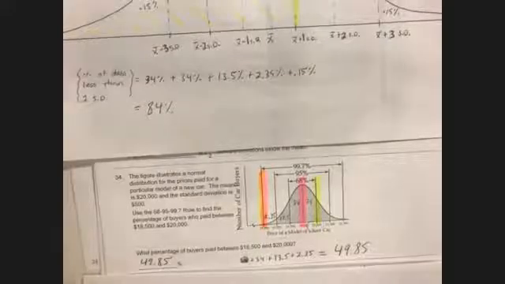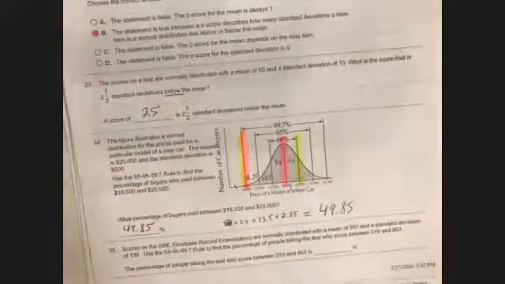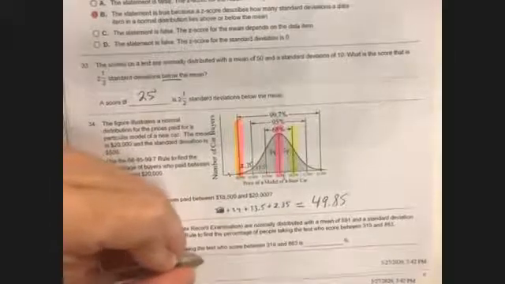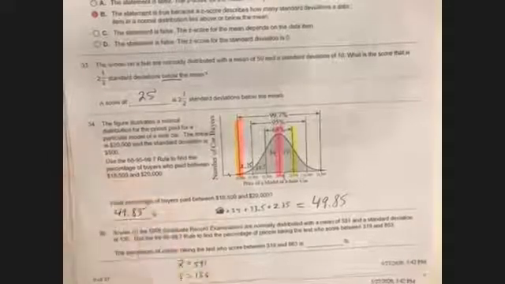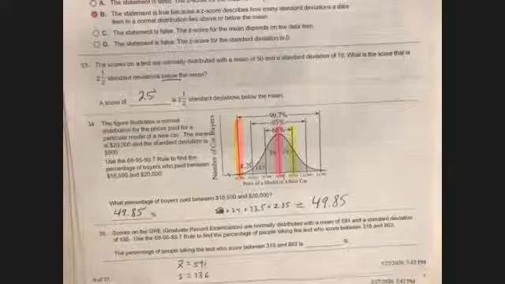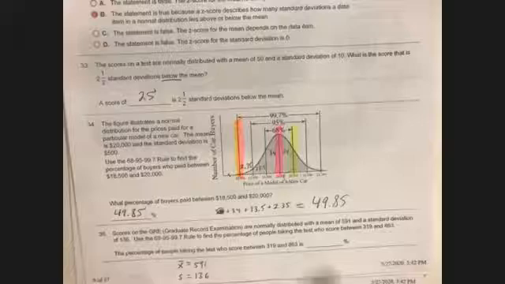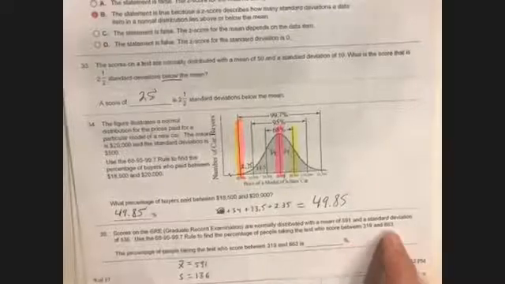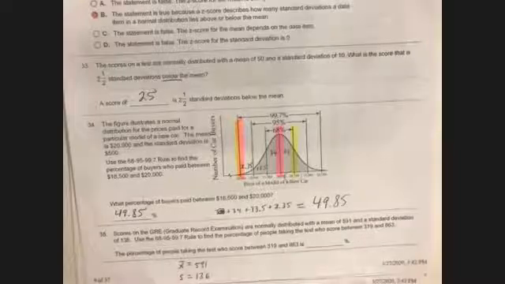Yeah, those are small numbers, so I got to pay attention. All right, let's see. The scores on a GRE test are normally distributed with a mean of 591. That means X bar is 591. And a standard deviation of 136. Use the 68, 95, 99.7 rule to find the percentage of people taking the test who score between 319 and 863. So what I want to do is figure out